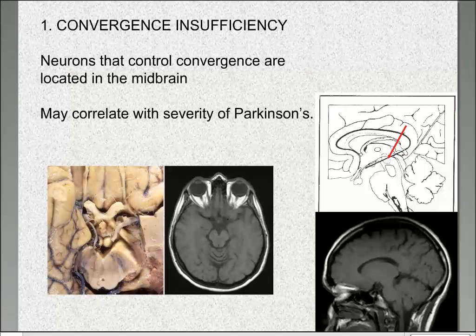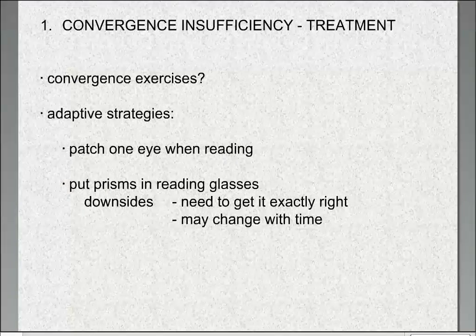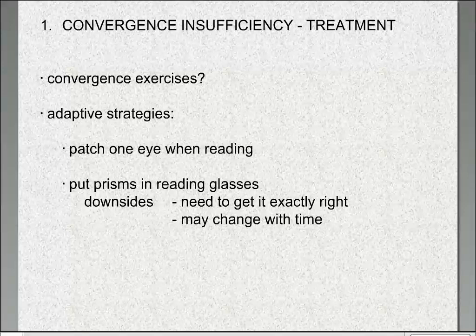If you have a double vision that is only there when you have both eyes open, then it means the eyes aren't pointing at the same location. And that is more of a neurologic issue. That's what I get involved with. Okay? And so if you have that, then one simple solution is just cover one eye. The other is to try to put a prism in to compensate for the fact that one eye is not pointing where the other one is. But we'll get to that in a second. So, okay. If you have this particular kind of double vision, again, because it's a two-eye problem, you can either patch one eye